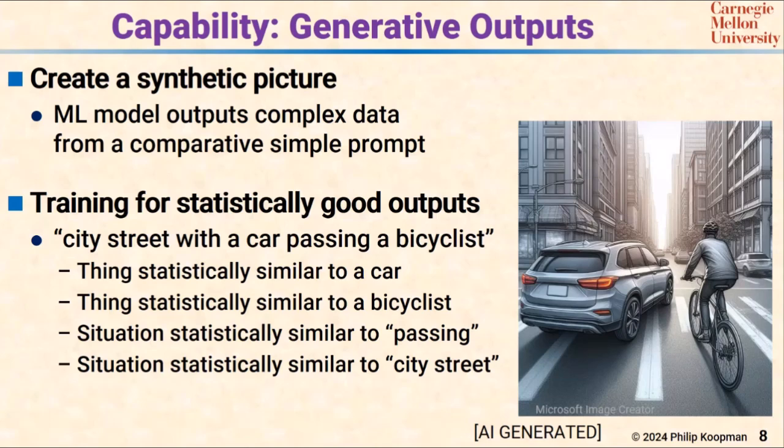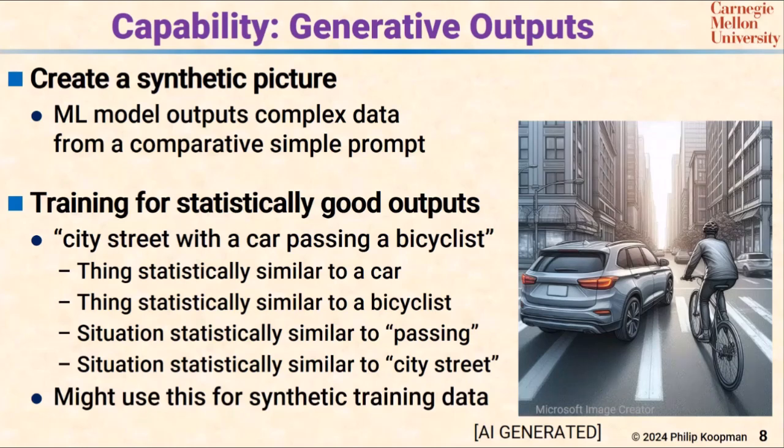And you can imagine using this, for example, it's expensive to collect training data and it's expensive to build simulations. So why don't we just do a lot of generative AI to show images to train our self-driving car, or to show images to do whatever we want? It's cheaper than hiring a camera person to go out and take pictures. So you might use this for synthetic training data. And so there's a lot of promise there, and companies are definitely going down this path.